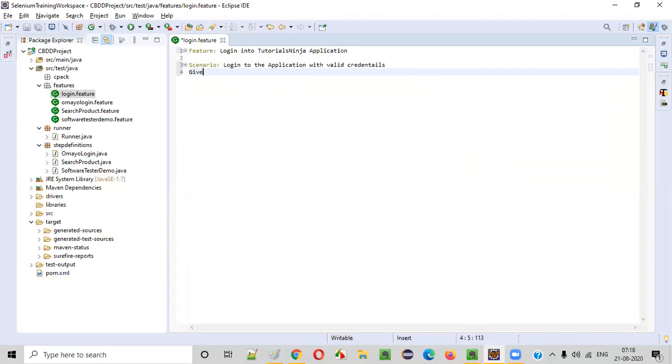For that, the first step should be Given I navigate to login page of the application. This is the first step.